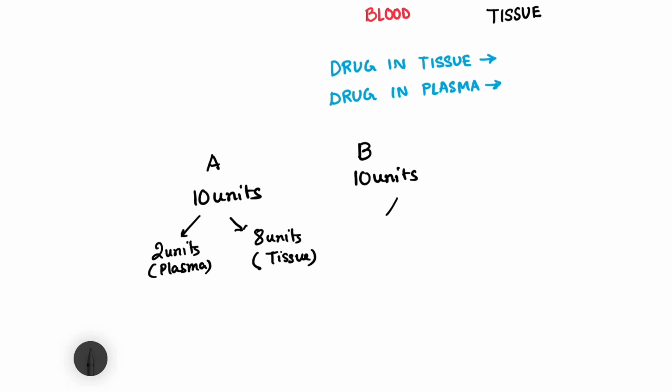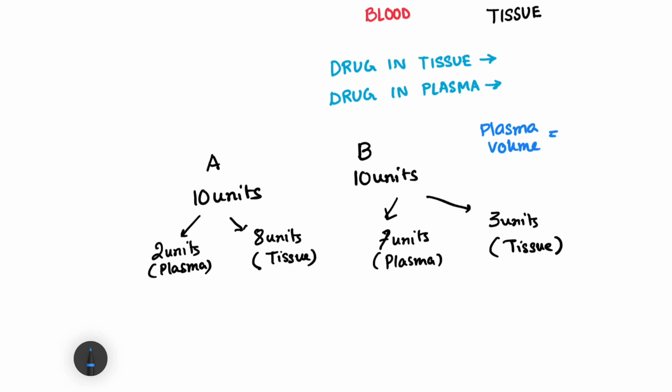For B, we see maybe 7 units remaining in the plasma and 3 units getting localized in the tissue space. So this is the distribution. Now, if we have to calculate the volume of distribution for drug A and for drug B, then we have the plasma